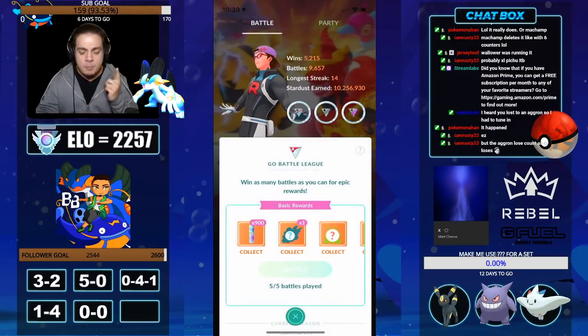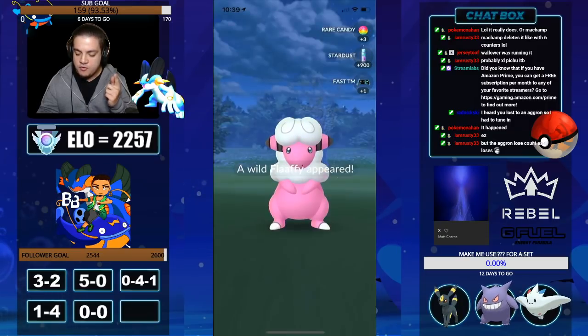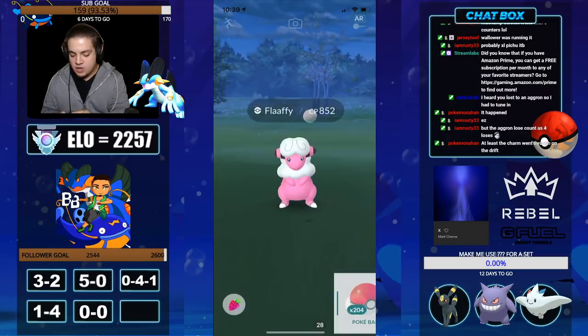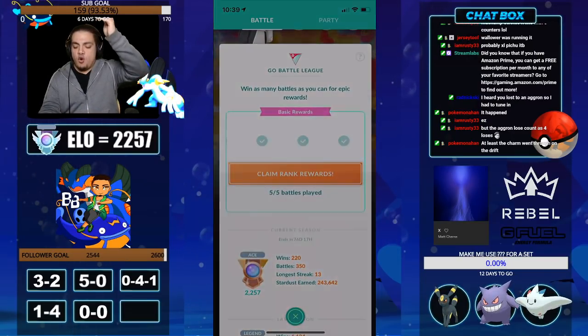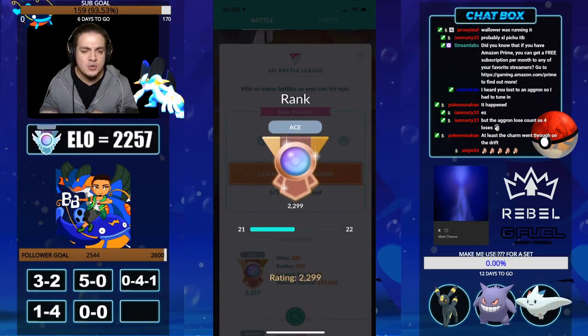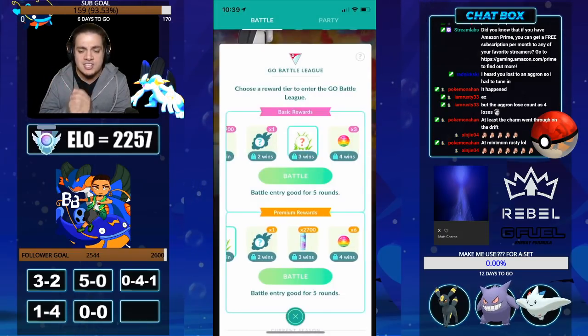Let's get back above 2300 elo with this 4-1. Will a 4-1 be enough? We get a Flaffy. We get XL Mareep Candy that I don't need. I mean, I do have a Shadow 98 Ampharos, but we're not going to talk about that. 4-1. Oh, the troll, but it's okay. I'll take a 2299 right now. It's when I get to that 3,000 mark, that legend later in the season, is when I don't want to